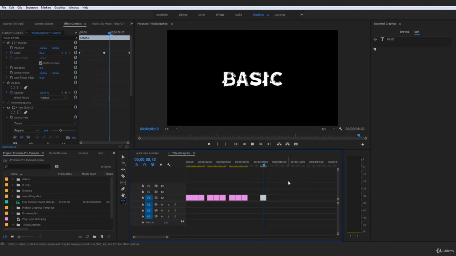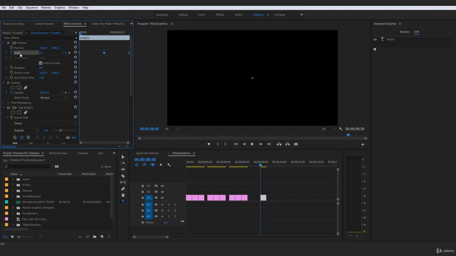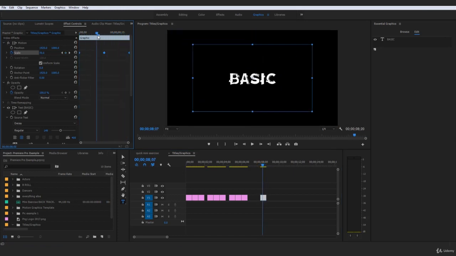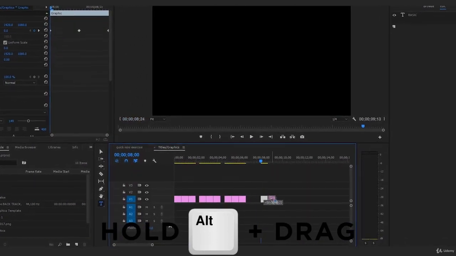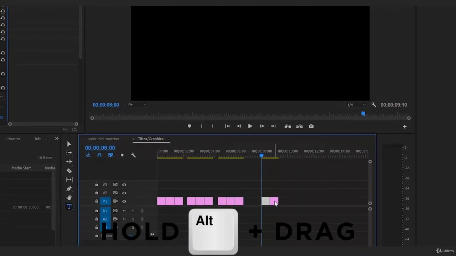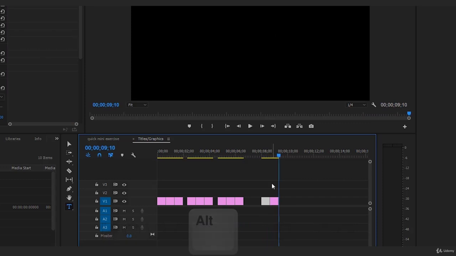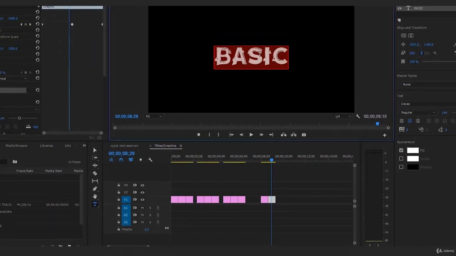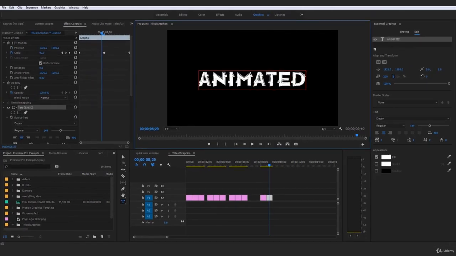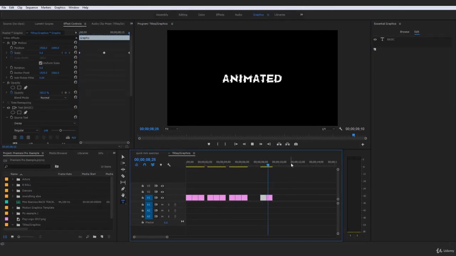So now if we give a play to this, it has this bounce on effect, seeing as the scale jumps from 0 all the way to 100 and then right back down to 0. And the interesting thing about this now is that that's essentially all the animation done, and we can hold Alt and drag to duplicate and go ahead and just throw that next to it and give that a play, and that's obviously both going to be the basic text, but then we would just go to the second text and type in animated, okay? So now obviously it's going to pop basic, animated,